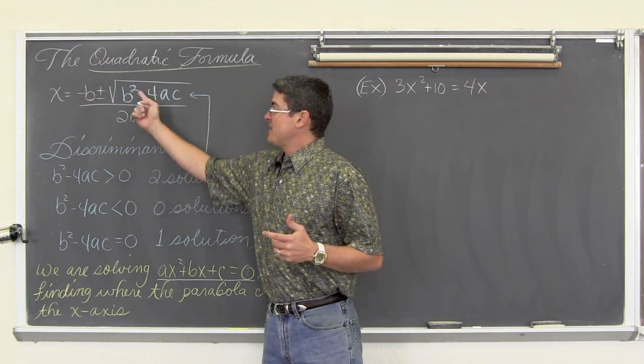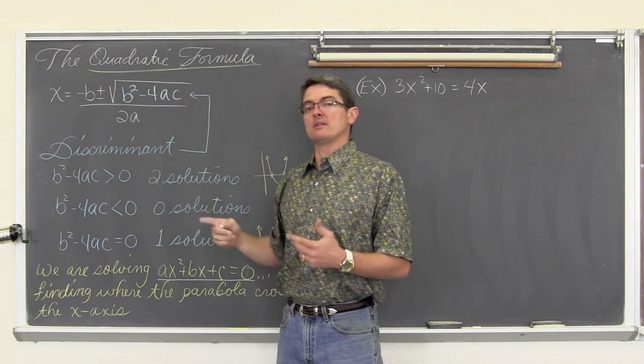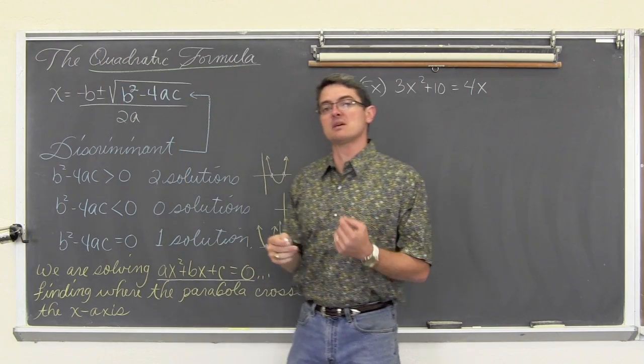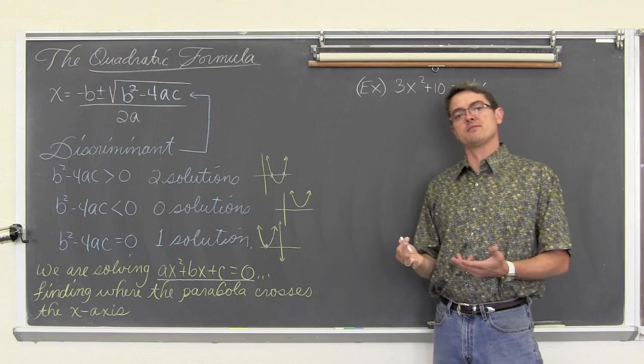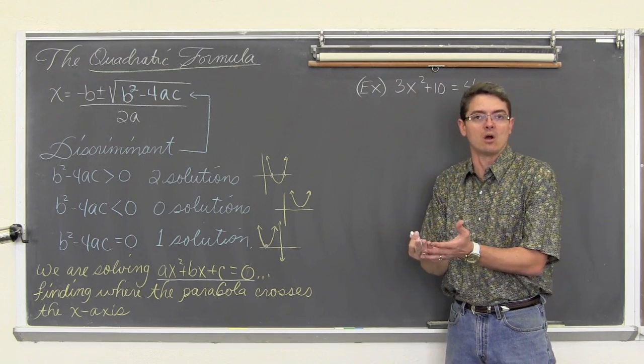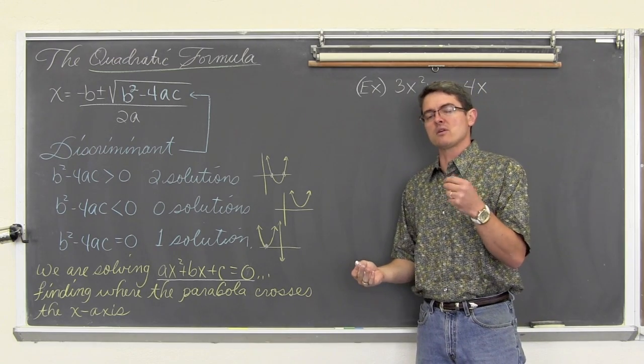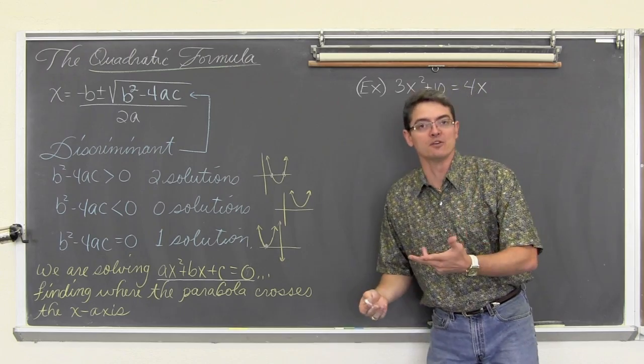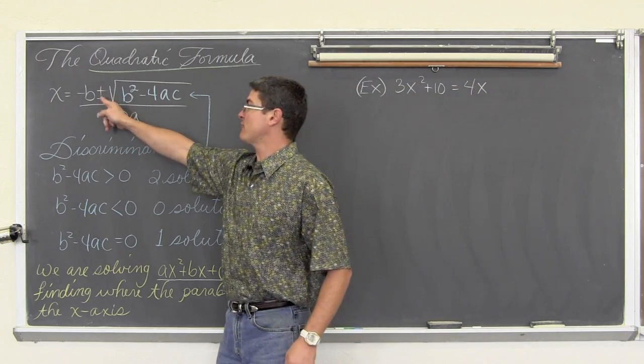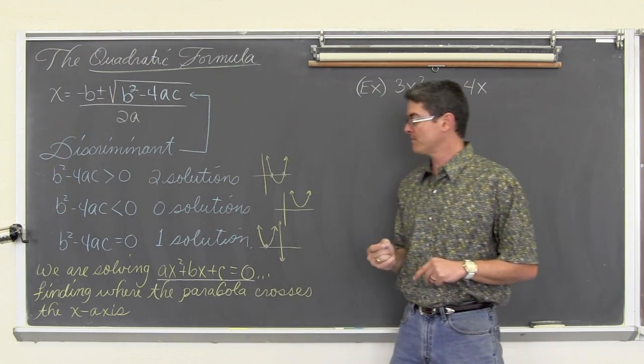And that kind of makes sense because where is the discriminant? The discriminant is inside a square root symbol, right? And when you take the square root of a positive number like 16 and get 4, well, that's not the only answer. The square root of 16 is 4 and negative 4. And there is a plus or minus in our formula, and thus we have 2 answers.